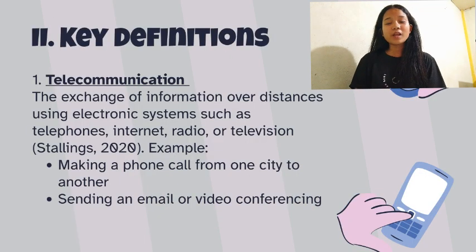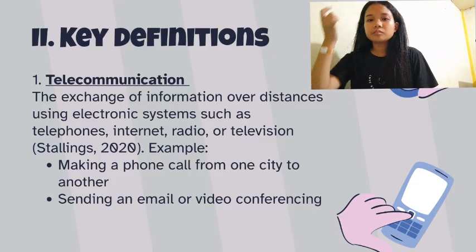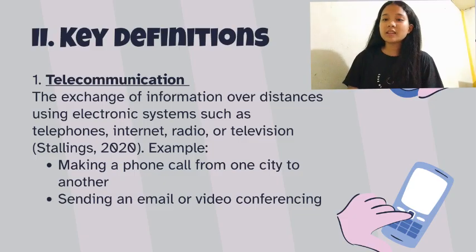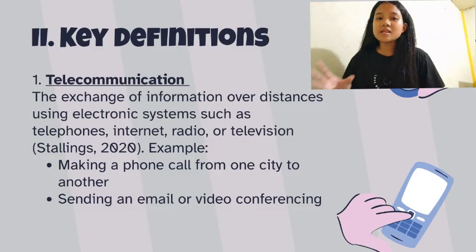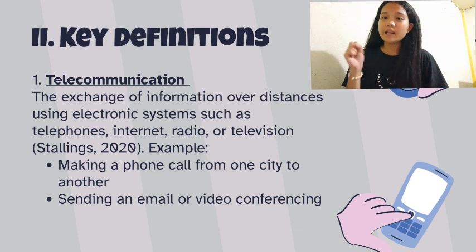So, telecommunication is all about sending and receiving information over distance using technology. This includes things like phone calls, internet, radio, and TV. To make this possible, there is a physical network that actually carries this information. The two key parts of these networks are outside plant or OSP and subscriber line. So we're going to talk about the two key parts of this network.